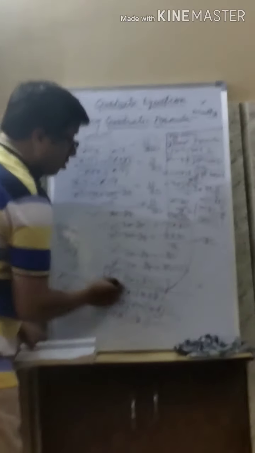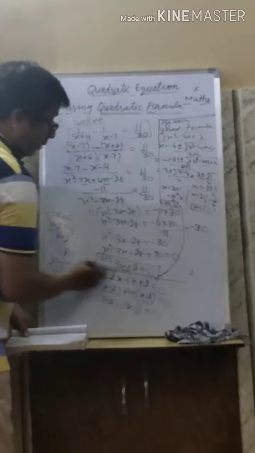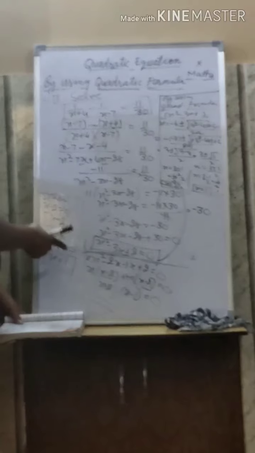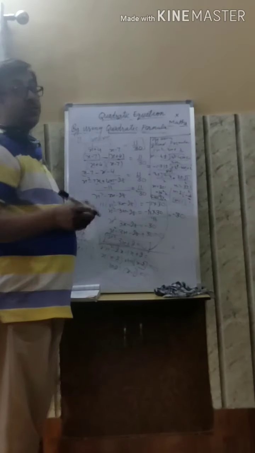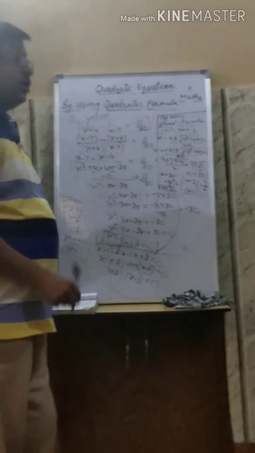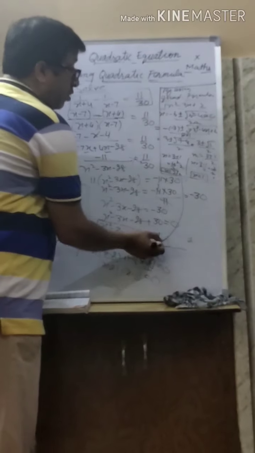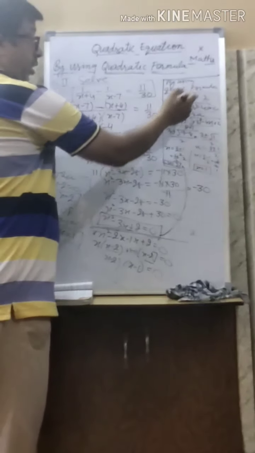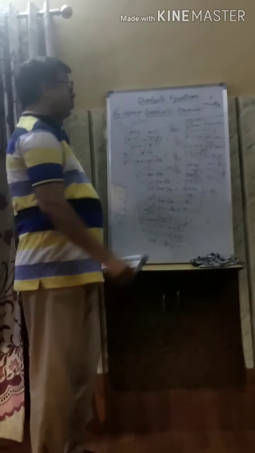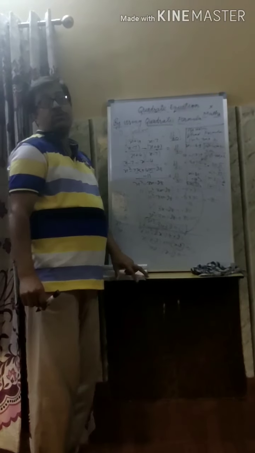Clear this? So my dear students, after this equation, I explained by the factorization method. You save the time. But if by chance in the exam it is given, solve the equation by using quadratic formula, then you apply this quadratic formula. This is the formula. Then find the two roots. You apply this method. It is compulsory for you because it is asking by using quadratic formula. So my dear students, in this way you can do so many questions from extra books.